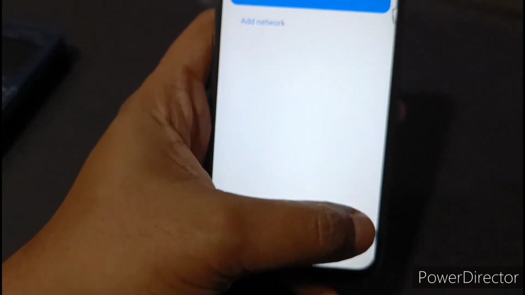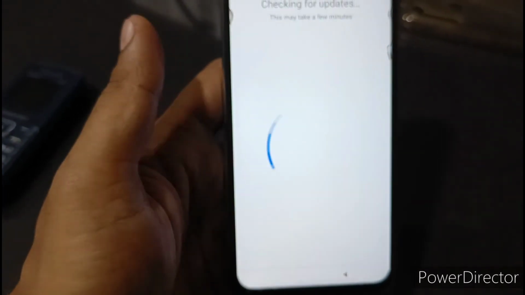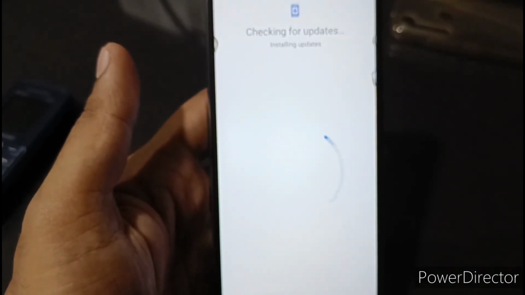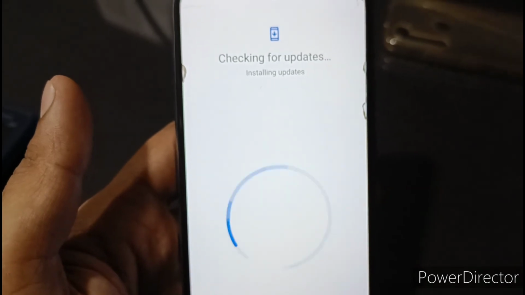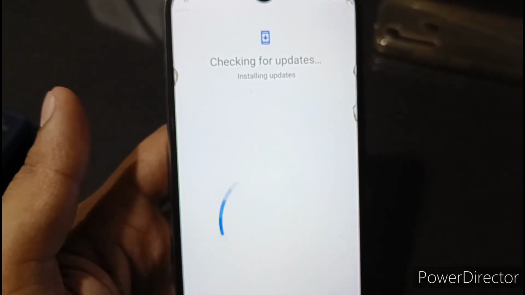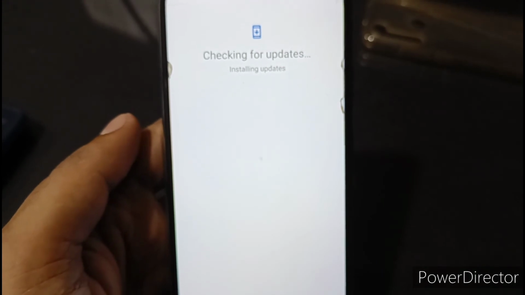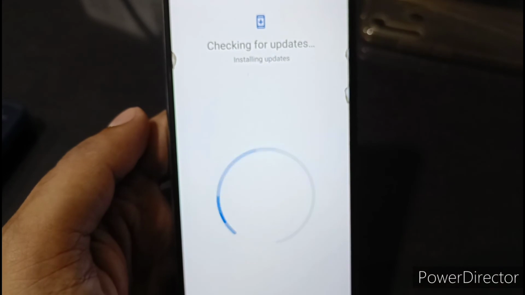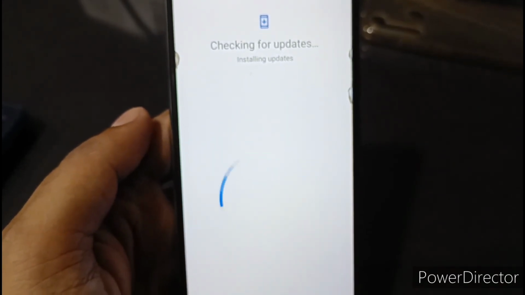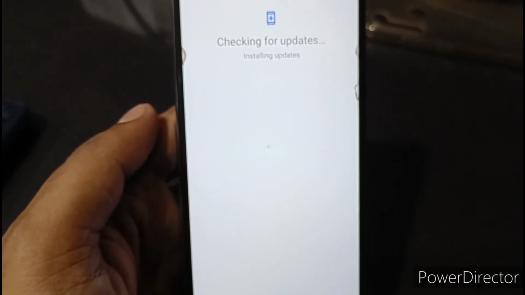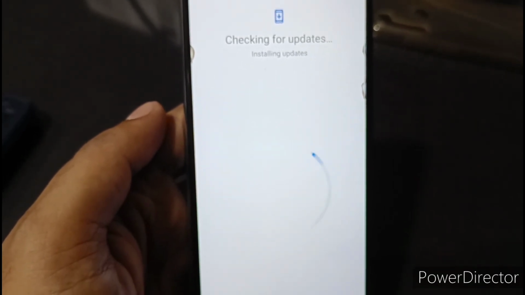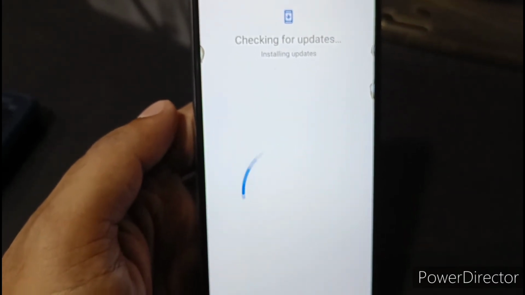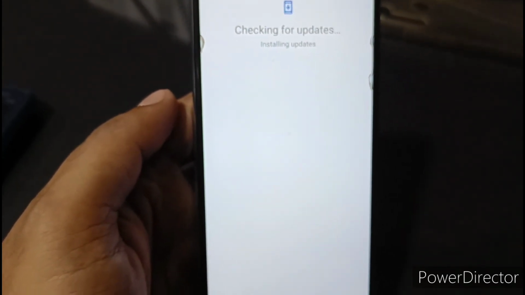Skip this. It's checking for some updates, and like this you can reset your MI phone.